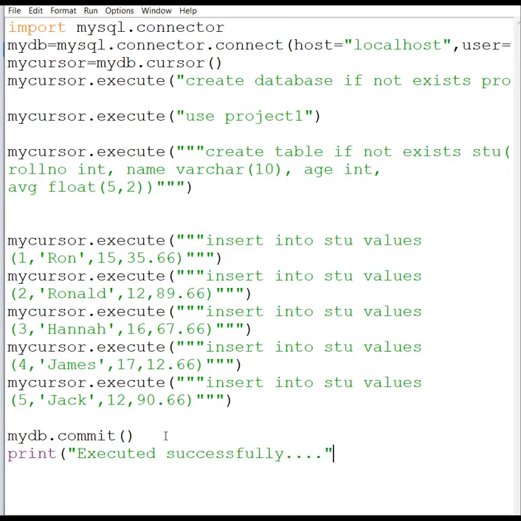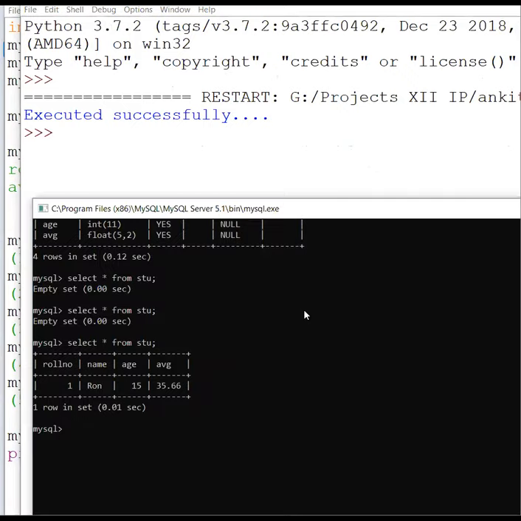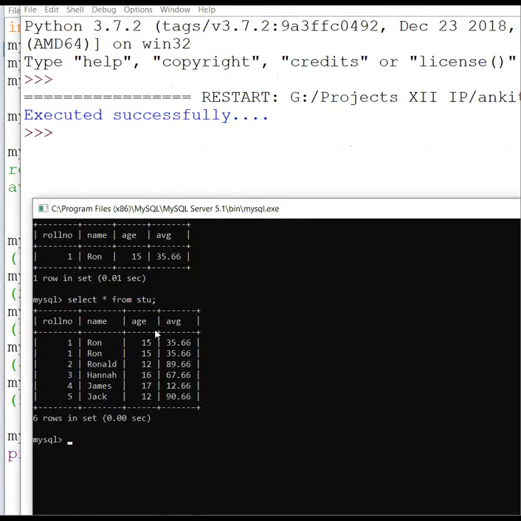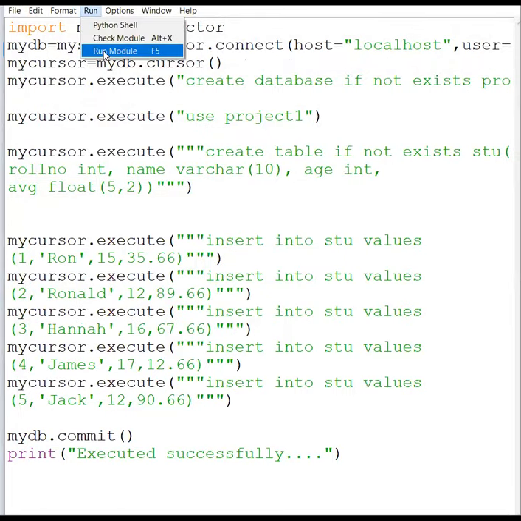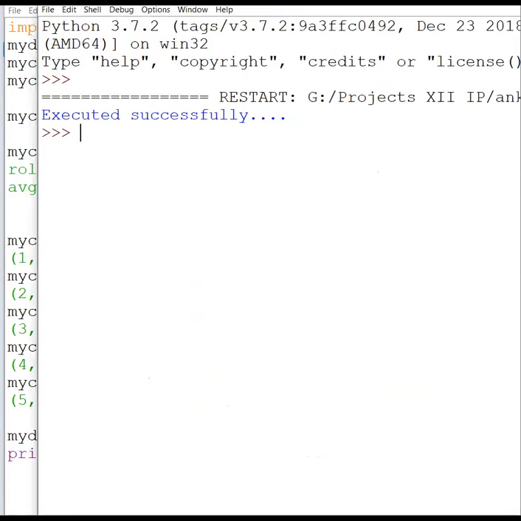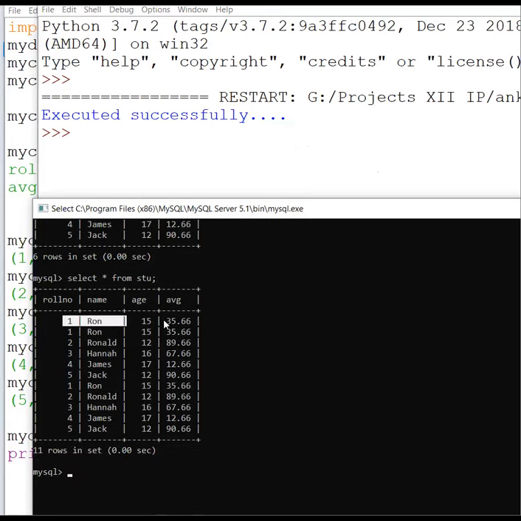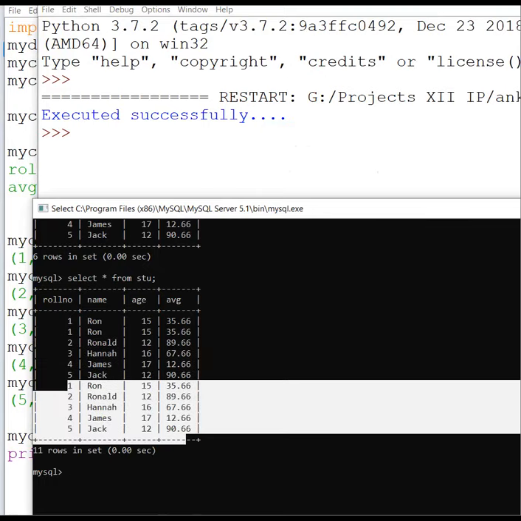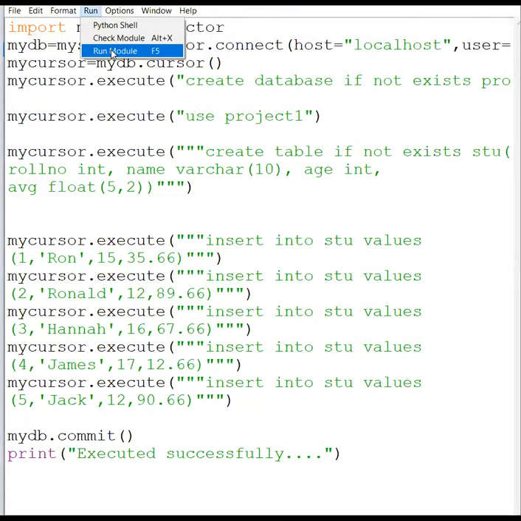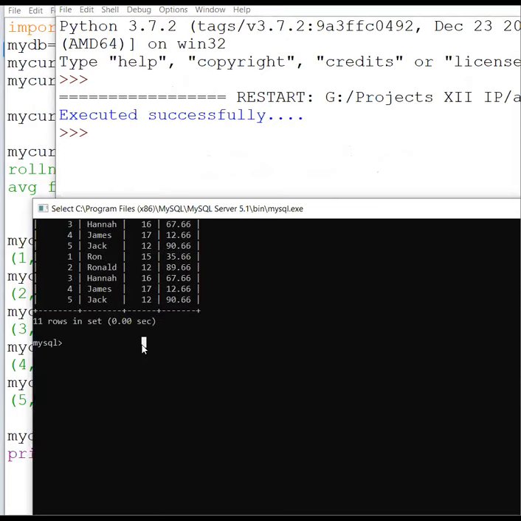Okay, suppose I have written like this. Now see what problem I will be getting. Let me execute this. Executed successfully. Then if I will write like this, you can see Ron has been inserted twice. Then I'll run this again because see actually what is going on, that insert command I'm using again and again. So now you can see automatically first was there, then again first 5 records, then again first 5 records. If I will run this again, then again next 5 records. Executed successfully. Now you can see again it is 15 records.